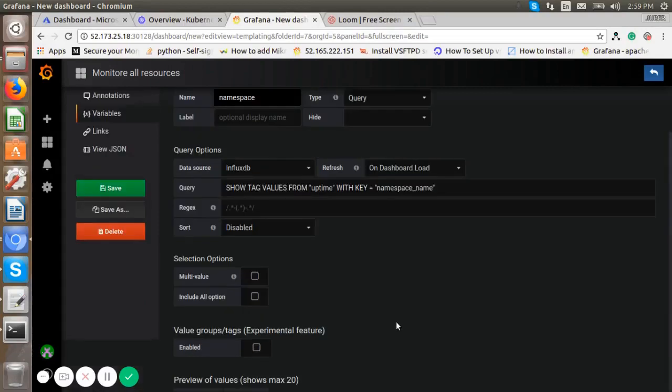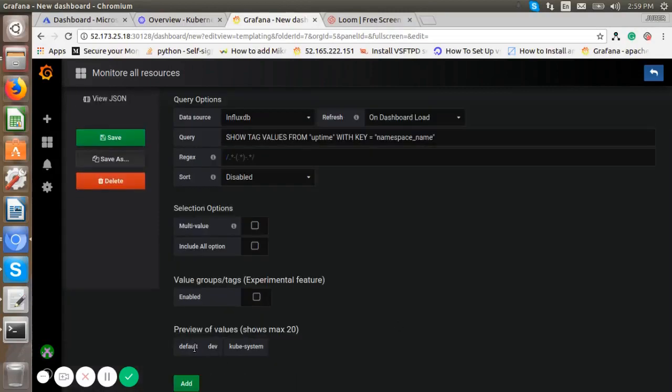Now here we can see all the namespaces like dev, default and kube-system. All namespaces are shown, but we want the admin user to see only the dev namespace dashboard. So for that we can add the widgets.